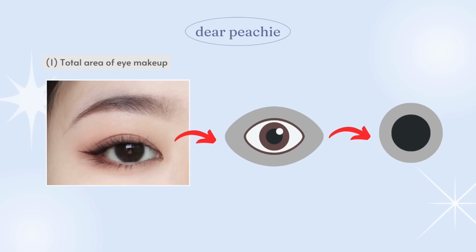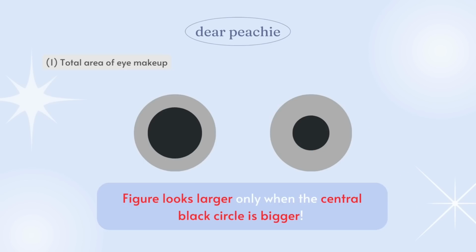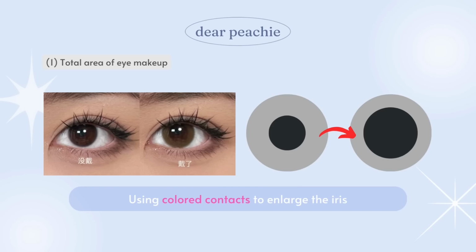Let's put it this way. Imagine our eye as a small black circle, and consider the total area of our eye makeup as the gray ring around this black circle. You'll notice that the overall appearance of this figure looks larger only when the central black circle is bigger. Conversely, when the central black circle remains the same size, the outer gray ring expands, making the central circle appear smaller. In practical terms, this theory comes to life when we apply techniques like using colored contacts to enlarge the